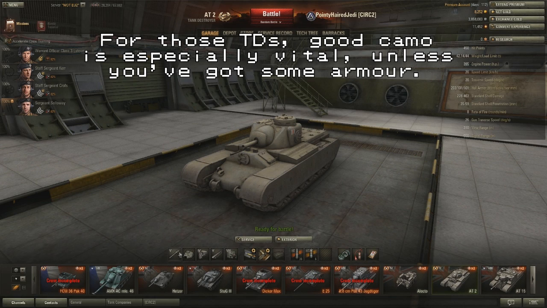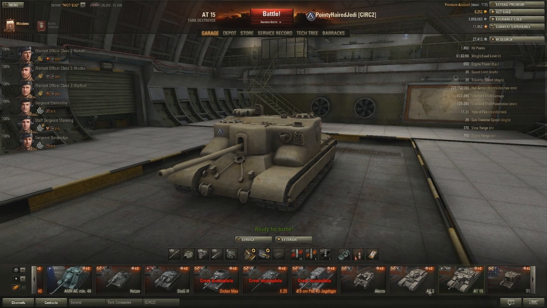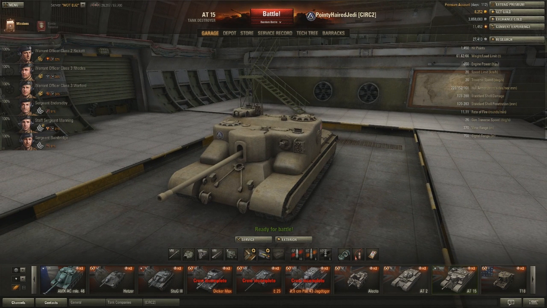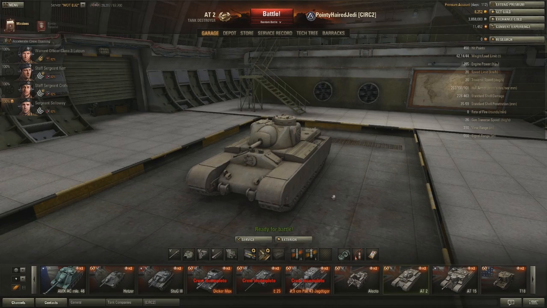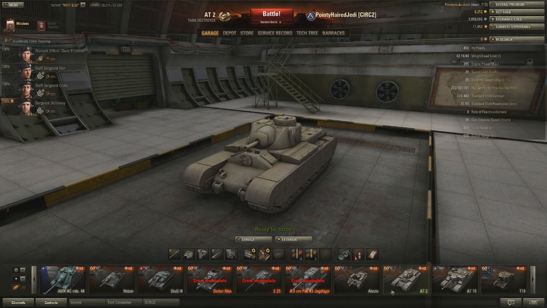I mean, the AT2 with the 6-pounder gun is another example. In fact, all the British tank destroyers really rely on their rate of fire. And at the top end, they kind of more rely on not being spotted as well, even though they've got pretty good armor. And really the last, which is kind of typified by the Nuffield line and also some